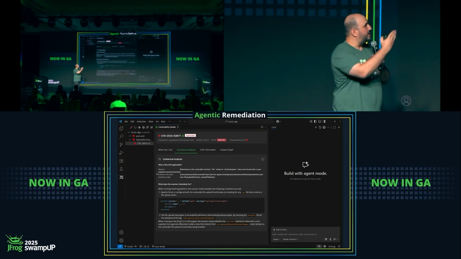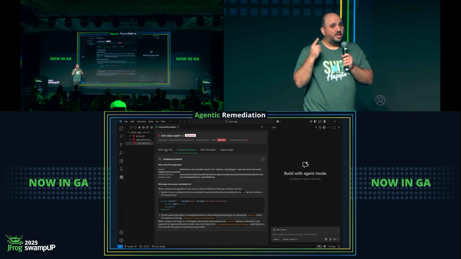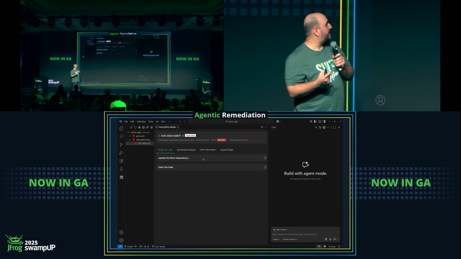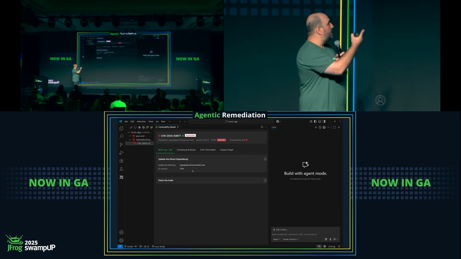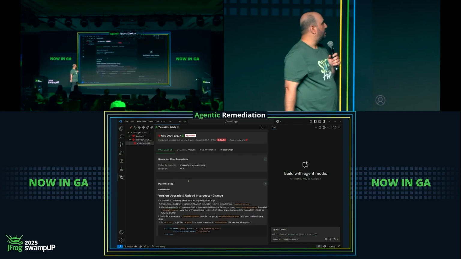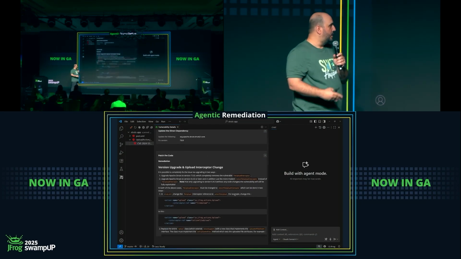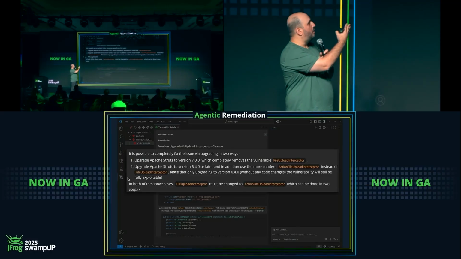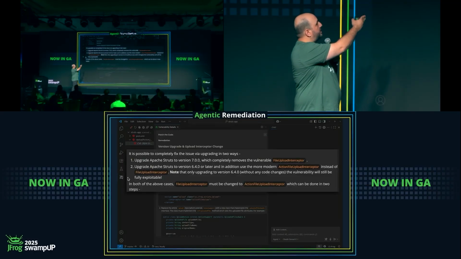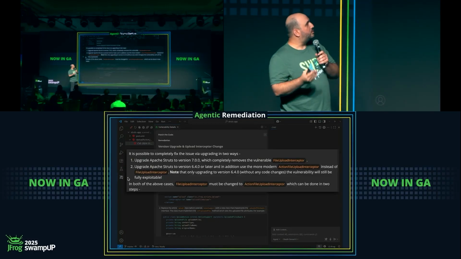We can see it references the vulnerable function. It also gives it user input, which can be controlled by attackers. So we want to see what we can do, how we can fix it. We can upgrade the direct dependency. We'll talk about that. We can also patch our code. And this is information that comes from the JFrog research team. We have this information on all critical vulnerabilities, and we give here information on how to fix the vulnerability.